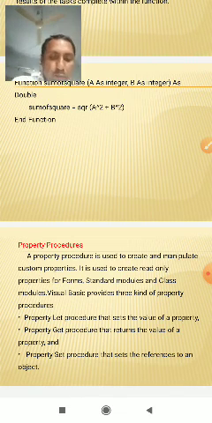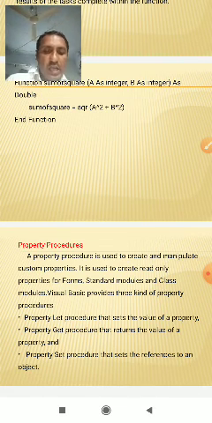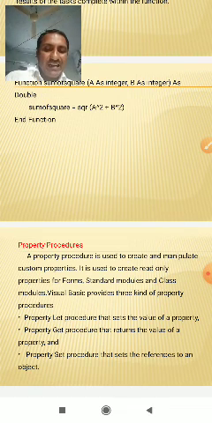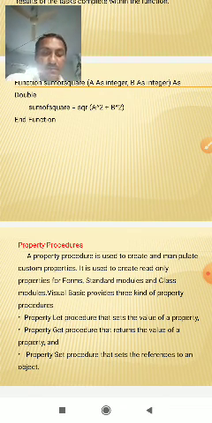So a property procedure is a series of Visual Basic statements that may manipulate a custom property of a module, class, or structure.